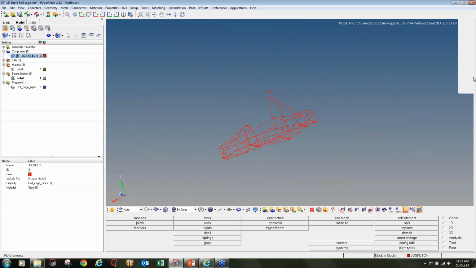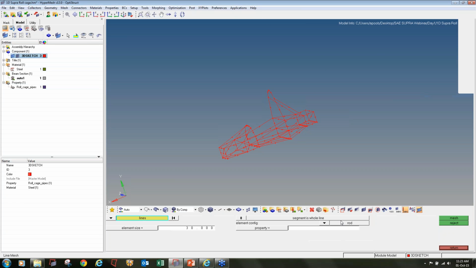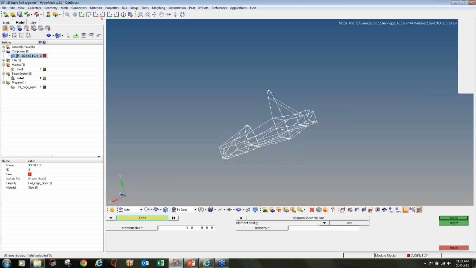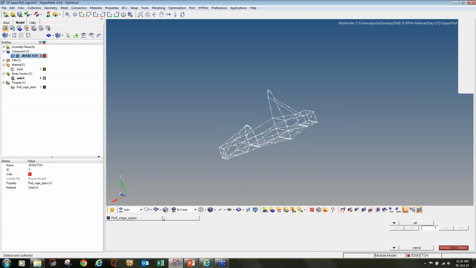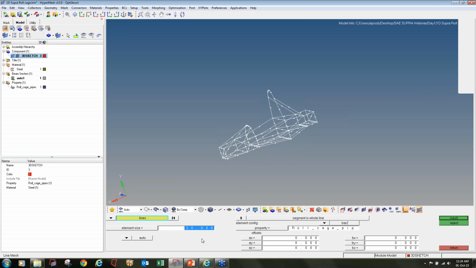So I'll move to the next step, that is meshing. I'll go to the 1D page. To do 1D meshing, I'll go to the 1D page, line mesh panel. Click on line mesh, select lines all, select the element configuration to bar 2, select the property which I have created earlier, enter the element size, whatever element size I want. So let's assume I want element size say 15 or 5, whatever I want, and click on mesh,